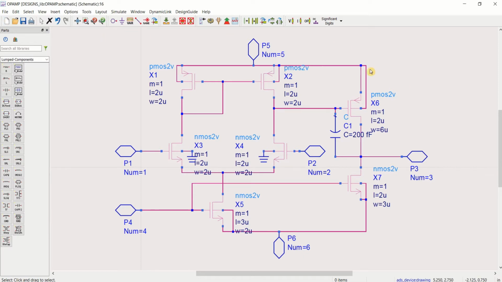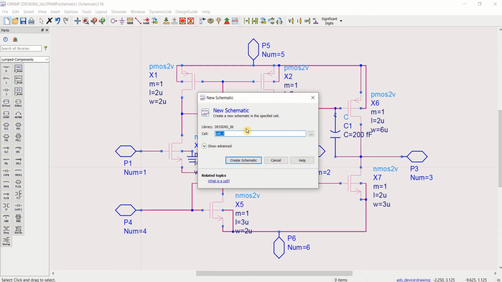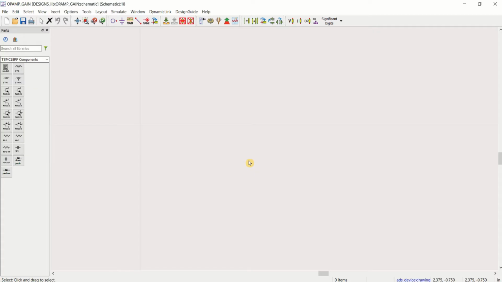Now I want to simulate this particular schematic view. Create a new schematic and say op amp. I want to find the gain. Click on this. It creates a new file.